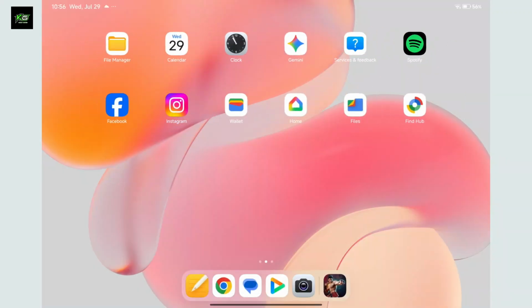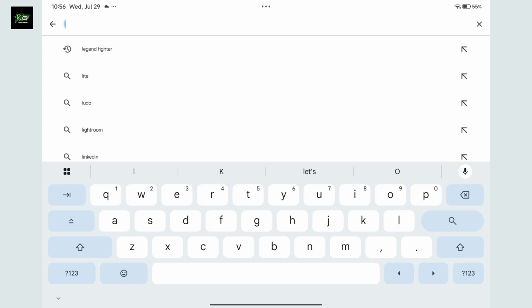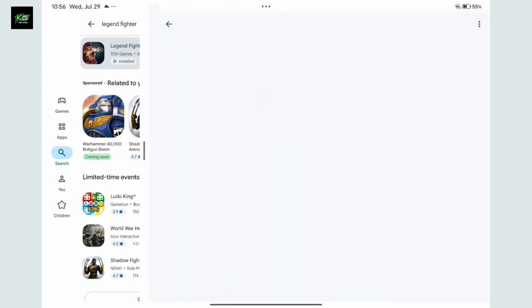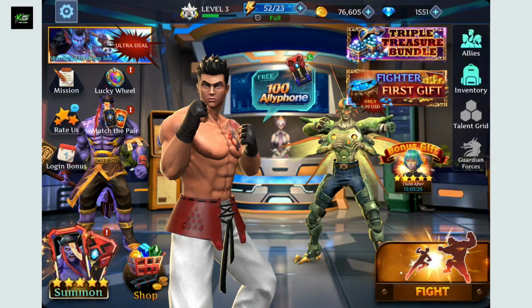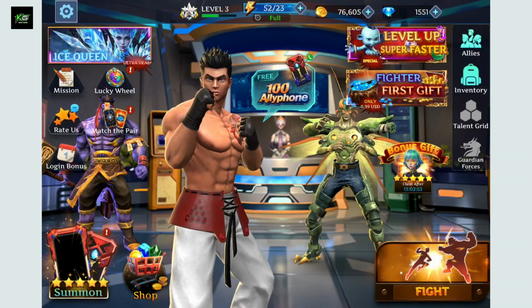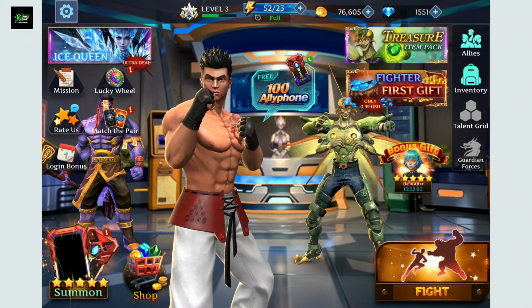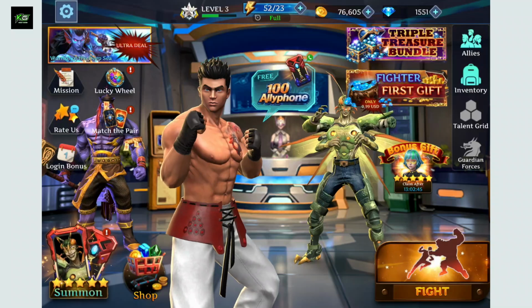Open up your Google Play Store or your App Store. In the search bar, type in Legend Fighter, and from the search result, look if there is an update button available. If you see the update button, tap on it to get the latest version of the app, which often comes with bug fixes and performance improvements. So after updating the app, launch the game open again, and this might be able to help you with your issues. So those were some of the common troubleshooting steps that can resolve most login and network connection issues in